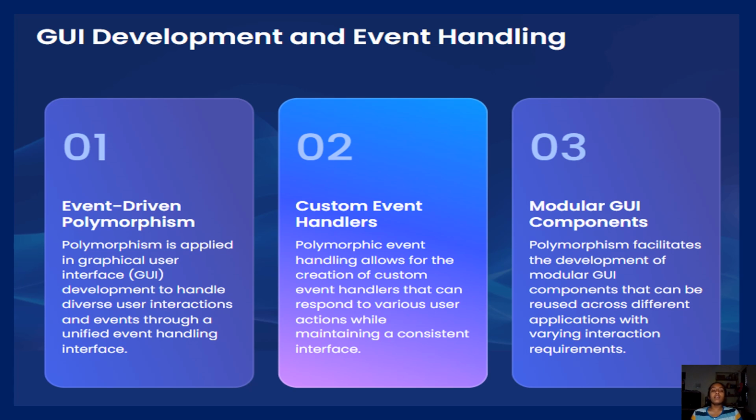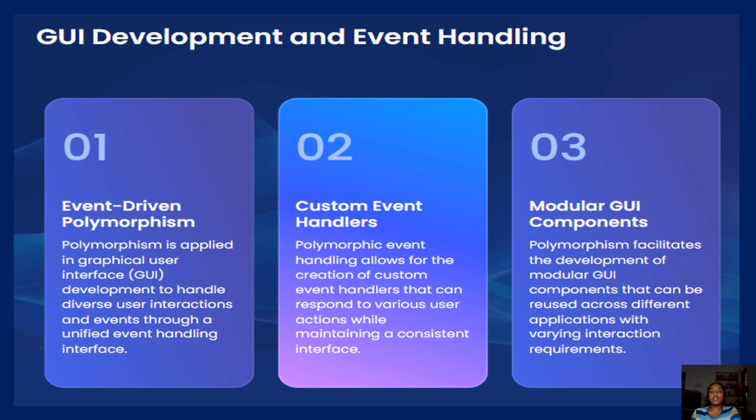GUI development and event handling is another application. It involves event-driven polymorphism in GUI development to handle diverse interactions and events through a unified event handling interface. As we discussed earlier, there is one unified object and unified class, and the objects are used in different classes. Custom event handling: polymorphic event handling allows creation of custom event handlers that can respond to various user actions while maintaining a consistent interface. We can have the same interface and handle different types of responses to the same actions,